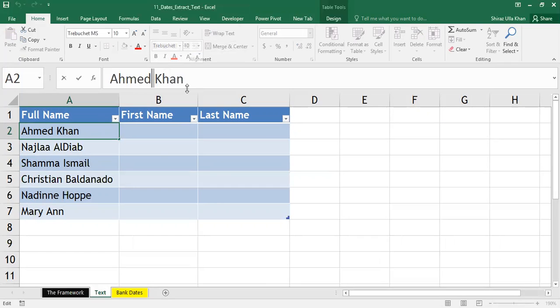Let me just annotate for you, people. So the character here, in between the first name and the last name, is a space. So space is a character which separates the first name from the last name. So this character is called a delimiter. So the delimiter in our current example is a space. Okay. So like this, there could be many other delimiters. Delimiters are some special characters. So in our current example, we have space as a delimiter.